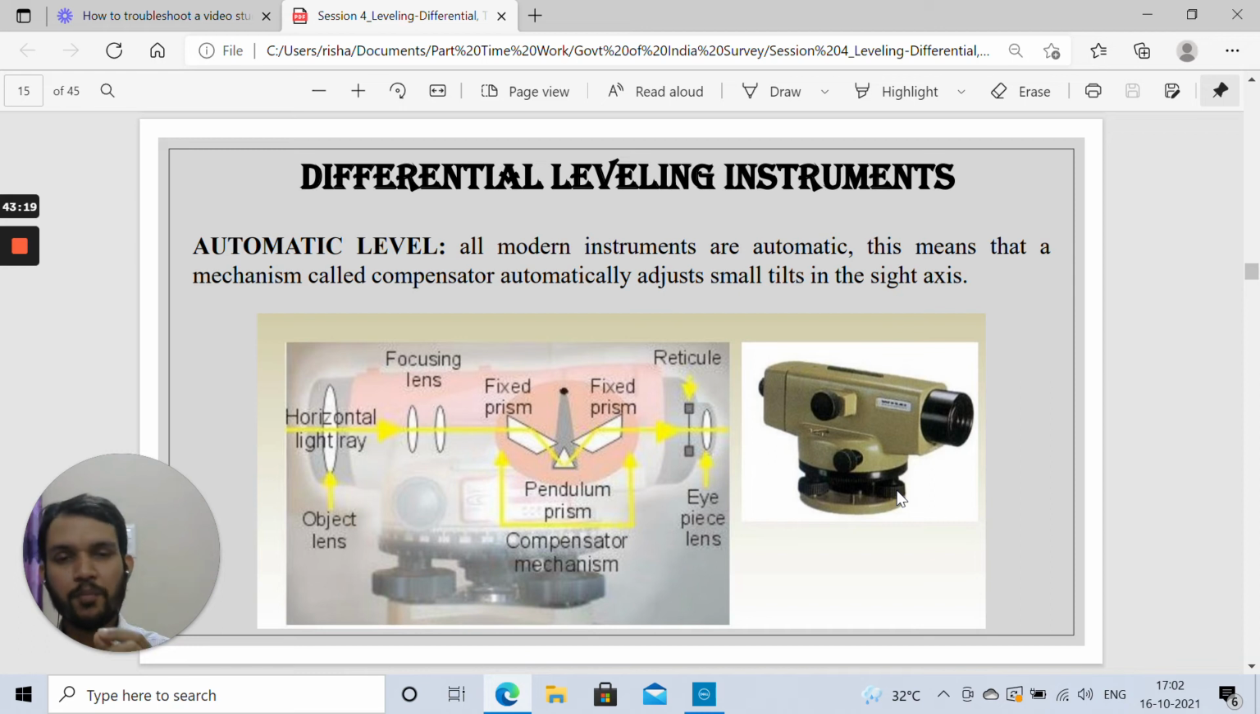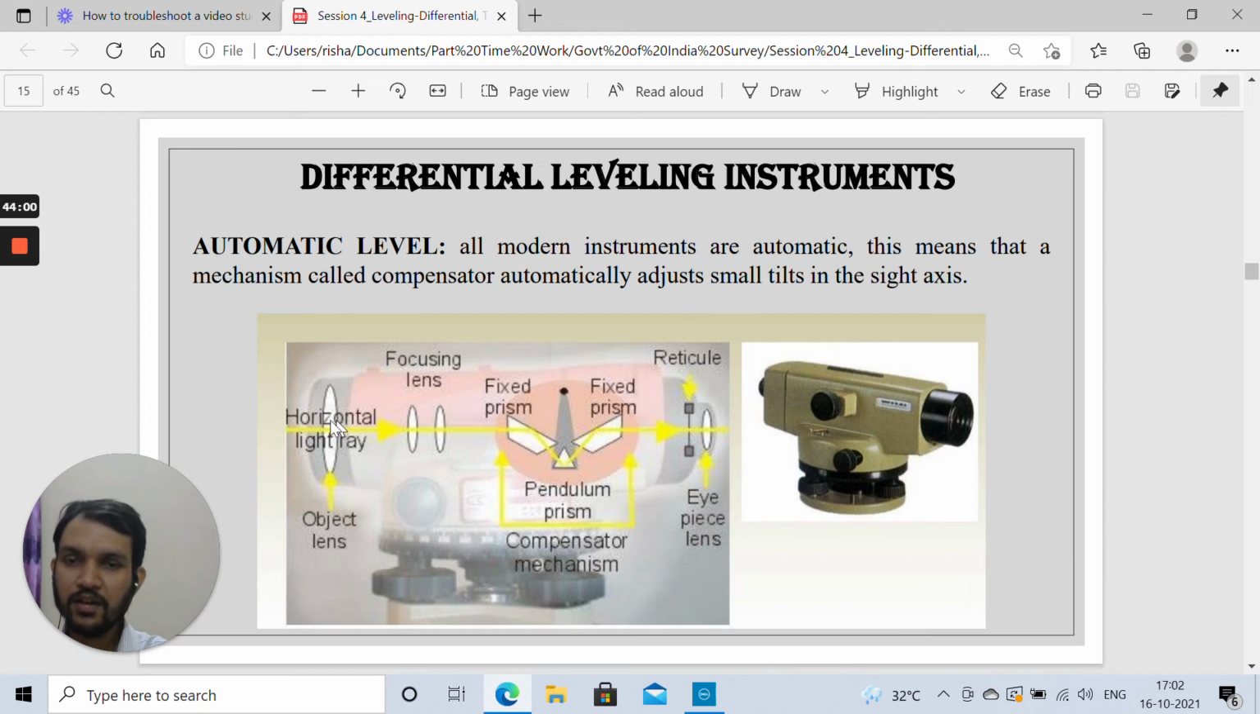The most important mechanism within this is this one. I will tell you, if you can see, the inside of this auto level I have tried to show. Inside this, 2 fixed prisms and 1 pendulum prism are there. This as a whole forms a compensator mechanism. What basically happens is, suppose when you are looking through the eyepiece, your line of sight is not perfectly horizontal, or you have placed your instrument and it is not perfectly horizontal, maybe inclined upwards or downwards. So even if your line of sight is not perfectly horizontal, there is a